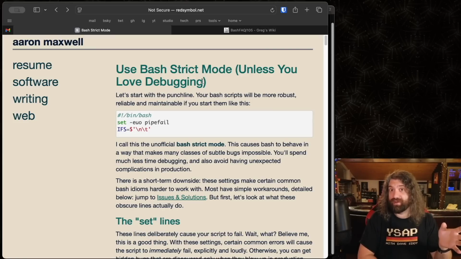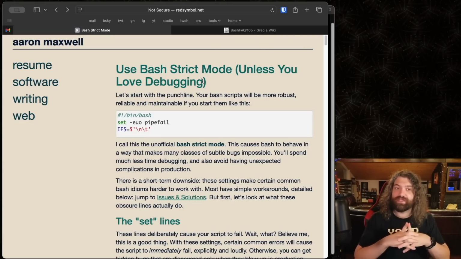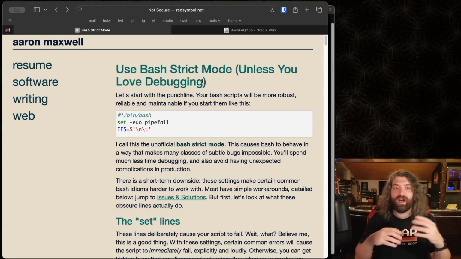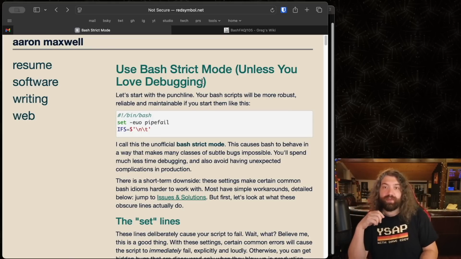But those 10% bugs that you're going to encounter with strict mode enabled, it's going to be very, very hard to debug. It's going to be very hard to look up answers to. I would worry about the person trying to debug that. That's my concern here. I think this might actually limit some of the bugs you encounter, but when you encounter bugs with this, it's going to be harder to debug. So that's why I would personally stay away from it. These are definitely some of the gotchas, some of the pitfalls you can encounter with it. And yeah, those are my thoughts on bash strict mode.